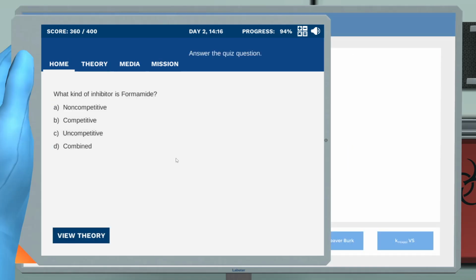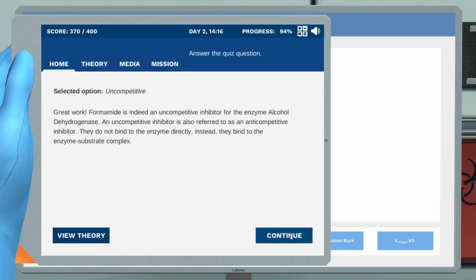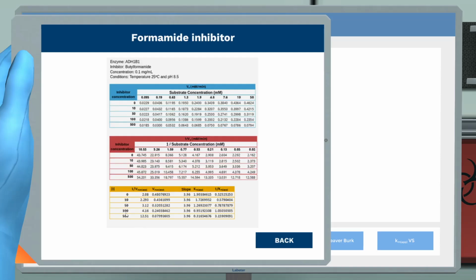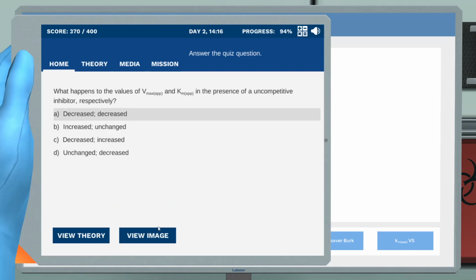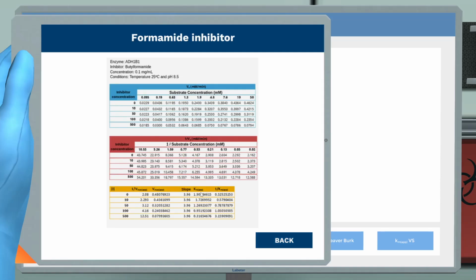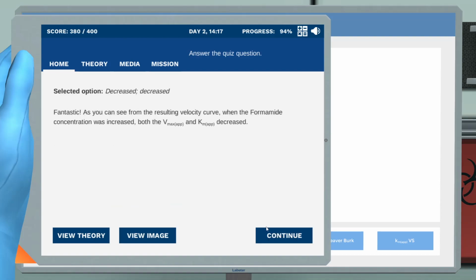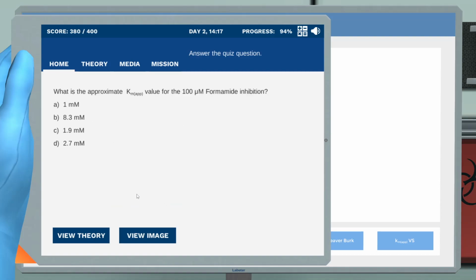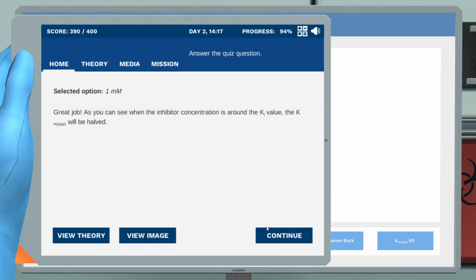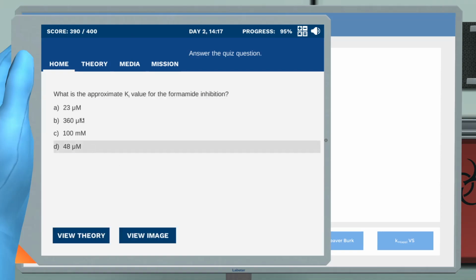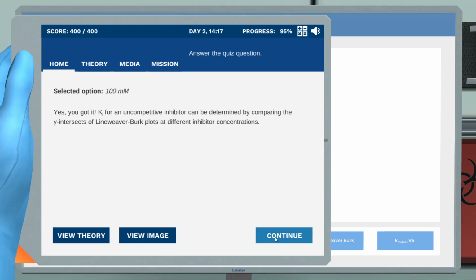What kind of inhibitor is formamide? Great work! What happens to the values of Vmax and Km in the presence of an uncompetitive inhibitor, respectively? Fantastic! As you can see from the result, what is the approximate Km value for the 100 micromolar inhibitor? Great job! What is the approximate Ki value for the formamide inhibition? Yes, you got it. Ki for an